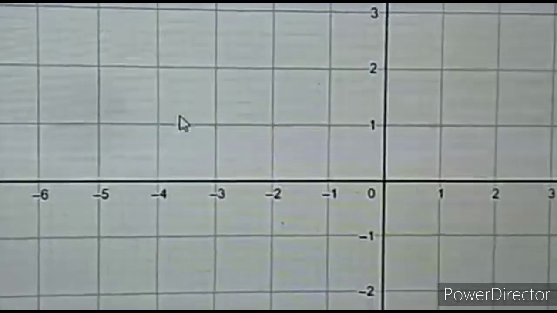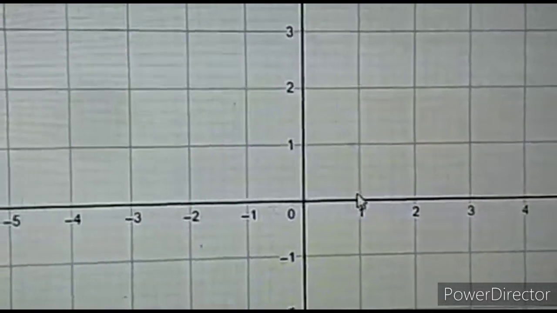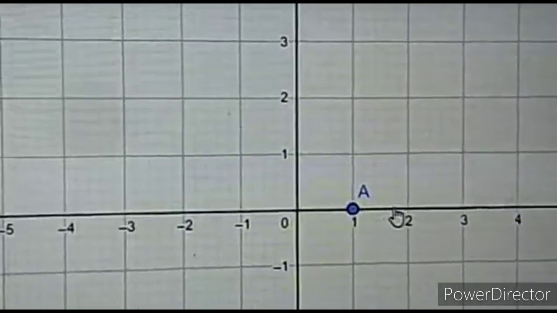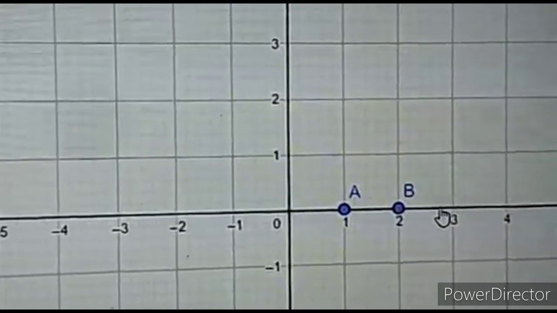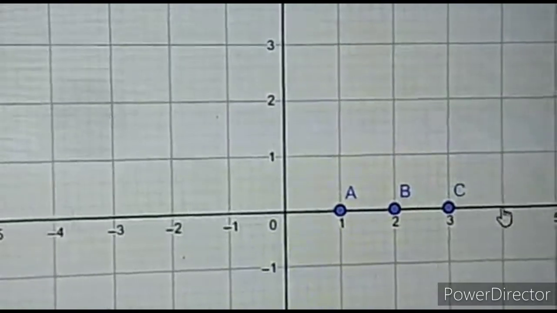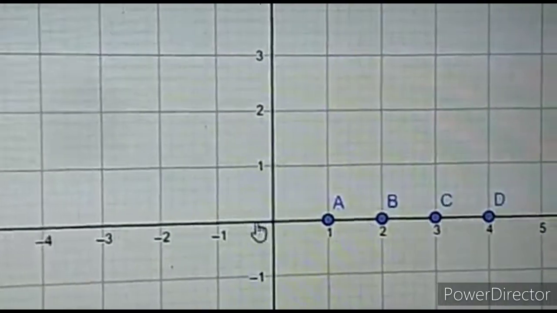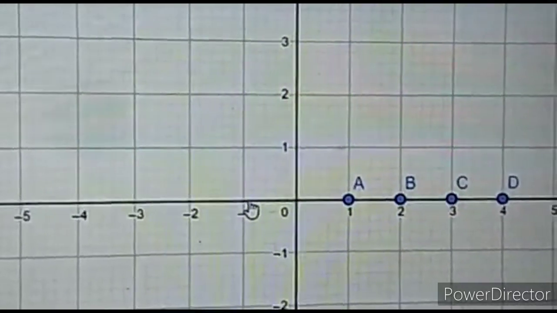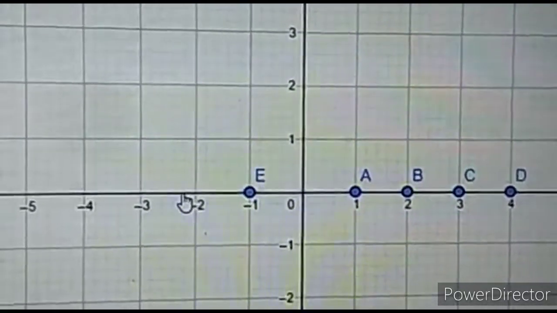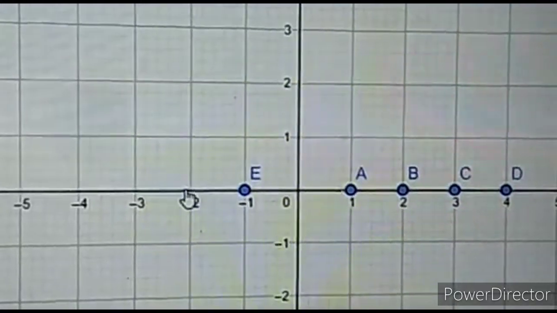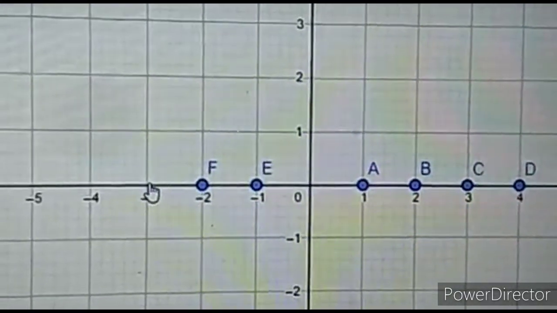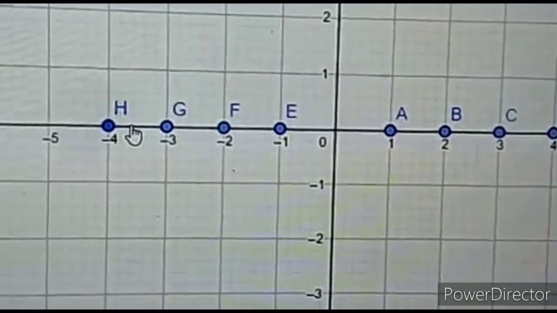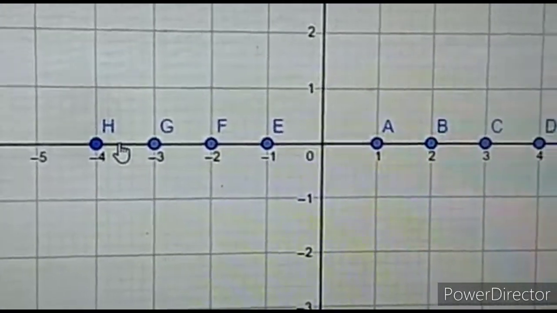So for this, first you are going to label the numbers. For example, click here on the number option, giving the number name to the point. Click on point and select the point here. This will be given point A. Similarly, if you click on point 2 0, the number will be given name B. In the same way, I am pointing 4 points on the right side and similarly 4 points on the left side, E, F, G and H.